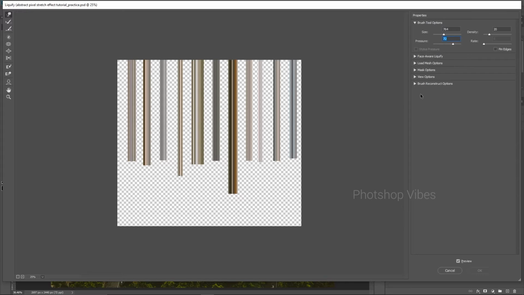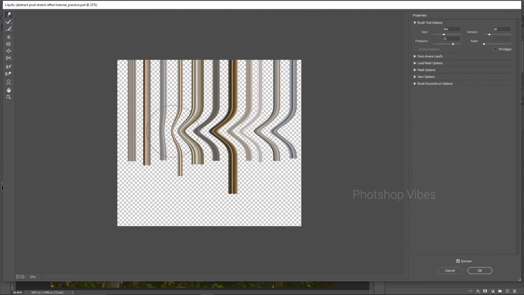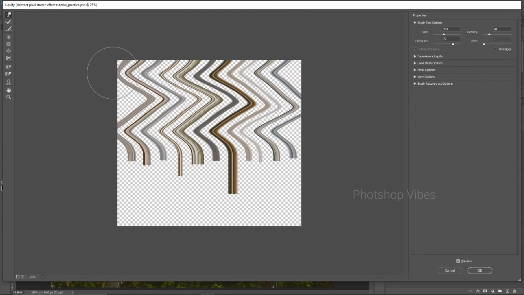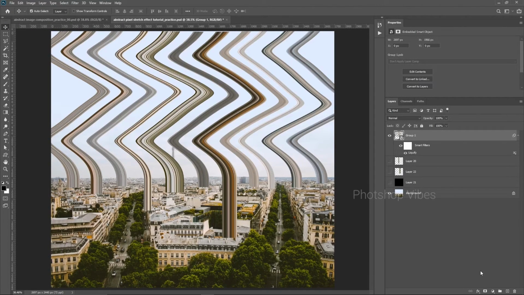When you come to these settings, it's a completely different story. If you want me to make a tutorial on that, I can create a separate tutorial on that. Just let me know in the comment section. I can create a separate tutorial for these settings. For this tutorial, let's keep it default. So then just paint like that. Let's see how it looks in the result. Then just hit OK. Yep, I'm not satisfied with the result.